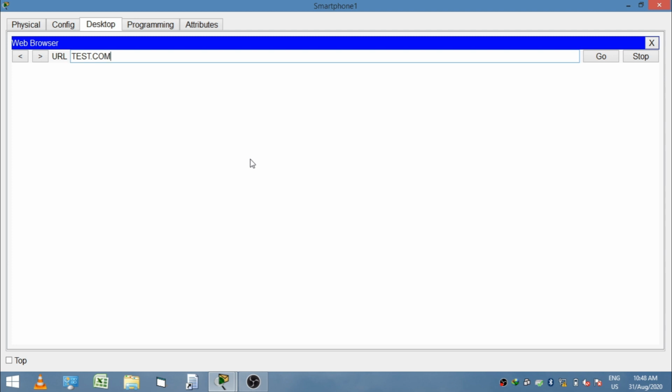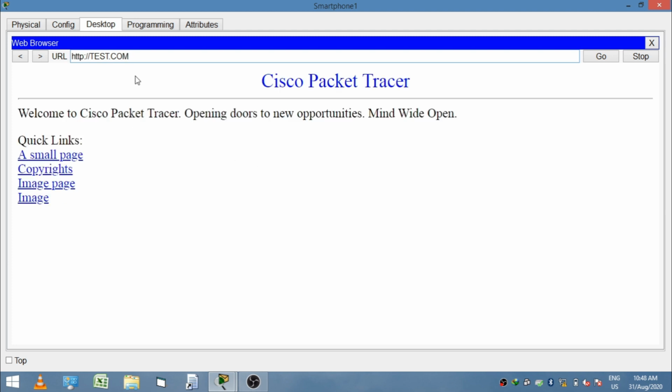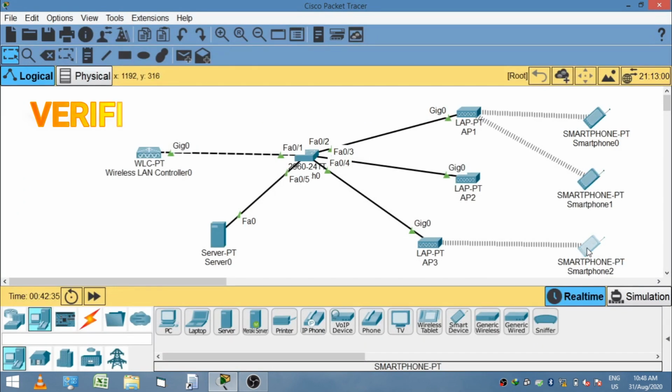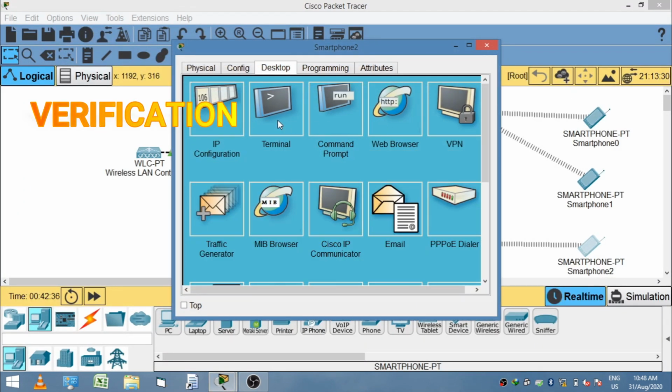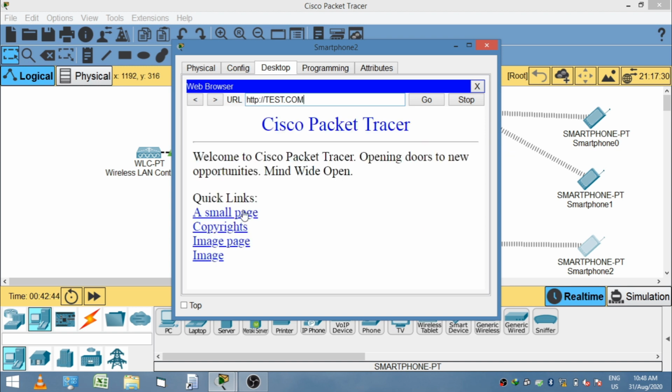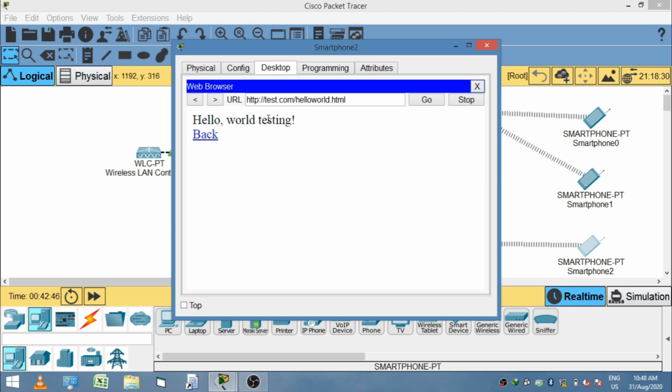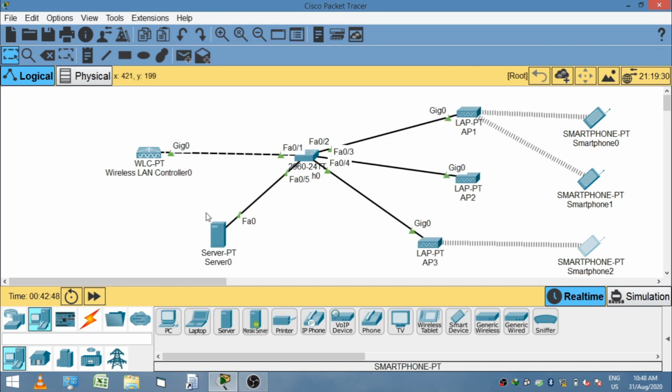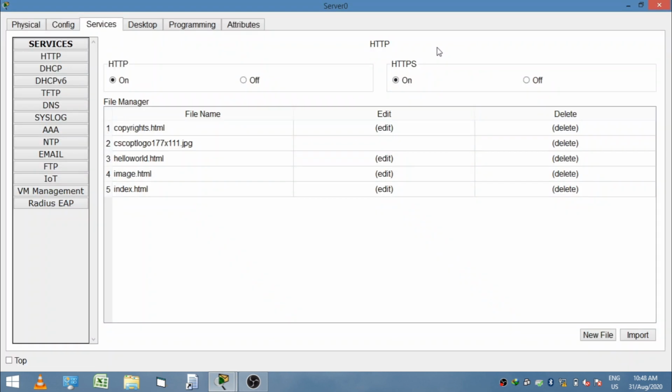The result is successful. Again go to smartphone 2, go to the desktop tab, click on the web browser and write test.com and see the result. It is successful.